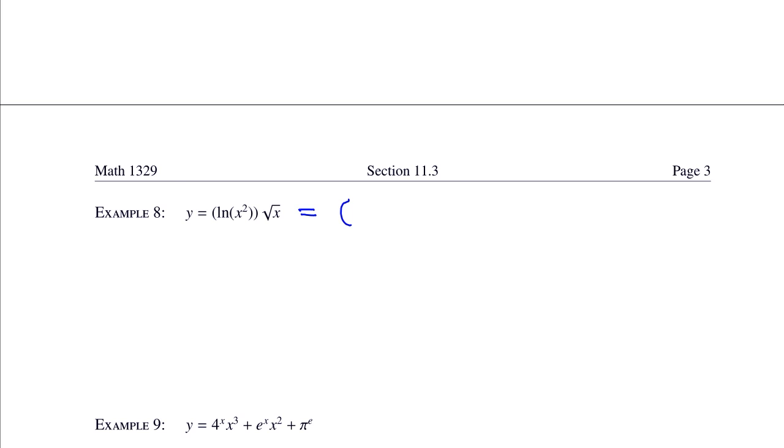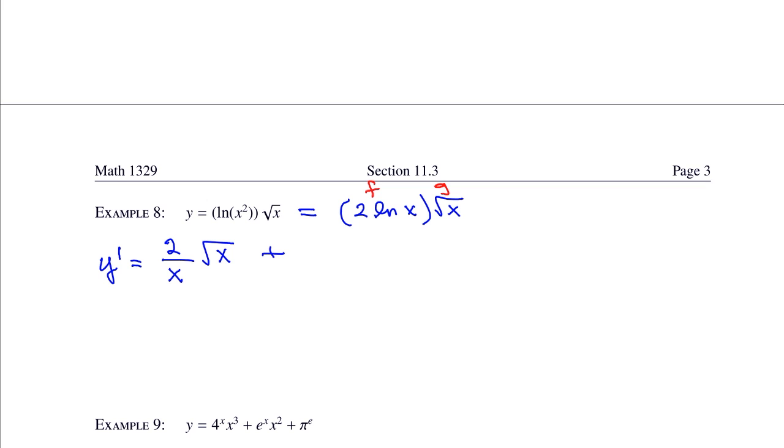So this is really 2 natural log of x times the square root of x. And from there, we can isolate the f and the g, and we can take the derivative. So y prime is 2 times the derivative of the natural log of x. So that would be 2 over x. Times the square root of x unchanged,